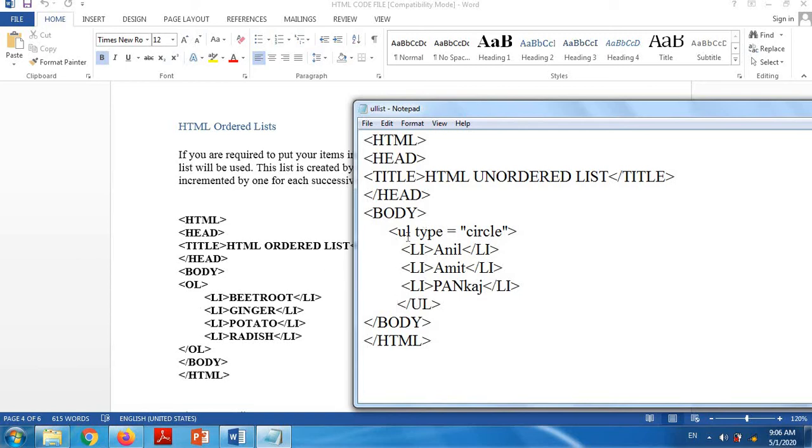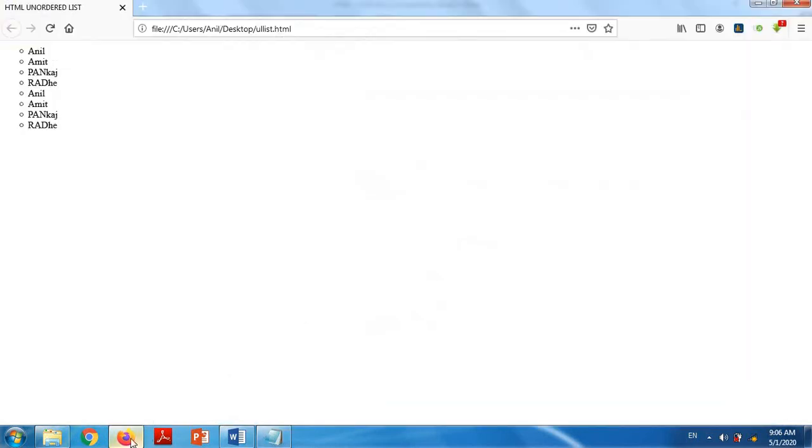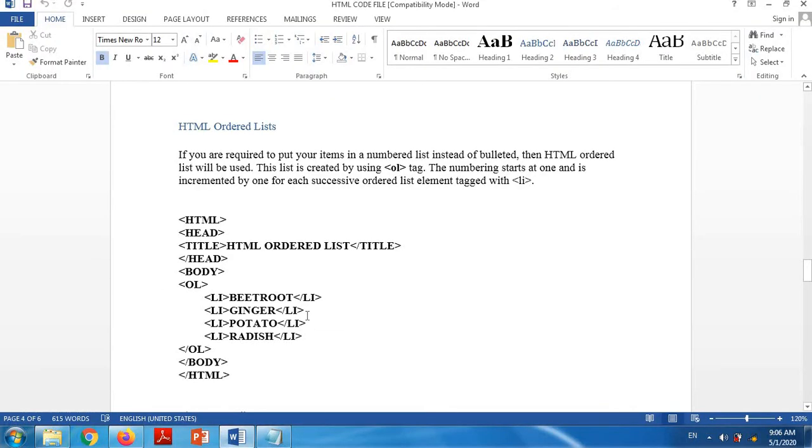In unordered list I am using the UL tag and in ordered list I am using the OL tag. So I am changing this code with only the OL tag, here and here. Save this file and run the same file. You can see 1 2 3 by default. It means the default type of ordered list is numeric 1 2 3.